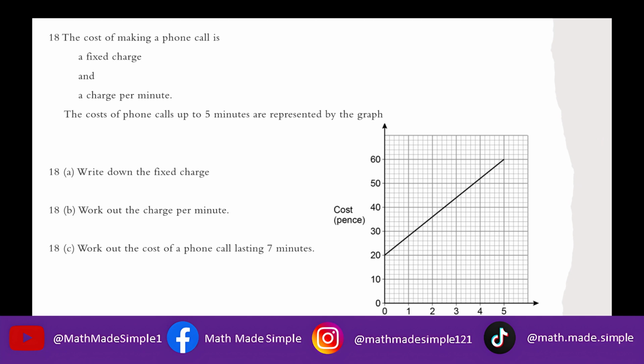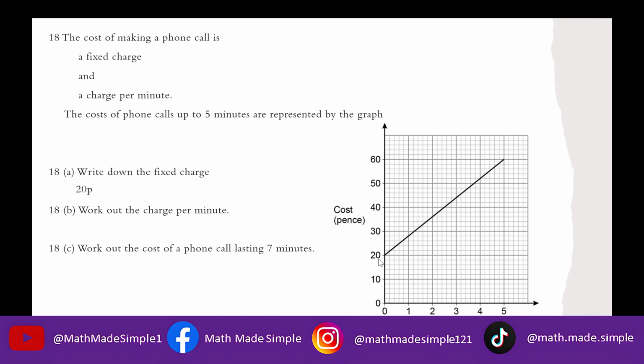The cost of making a phone call is a fixed charge and a charge per minute. The costs of phone calls up to 5 minutes are represented by the graph. Write down the fixed charge. So the fixed charge is how much it would cost even if there was 0 minutes, so that would be